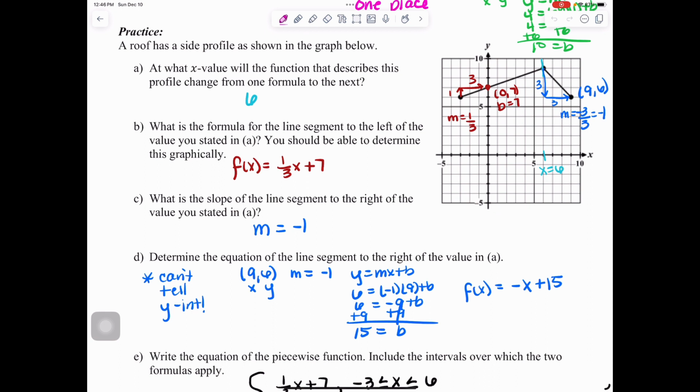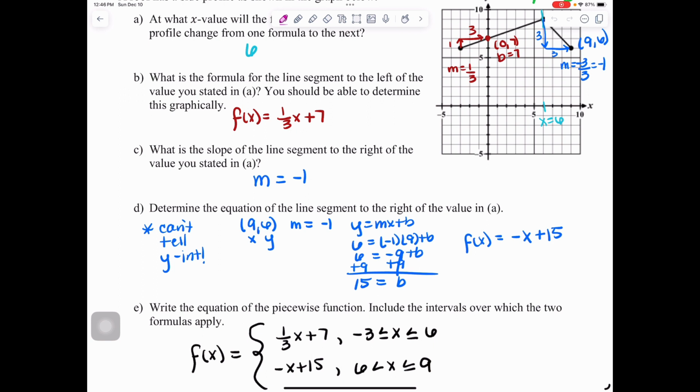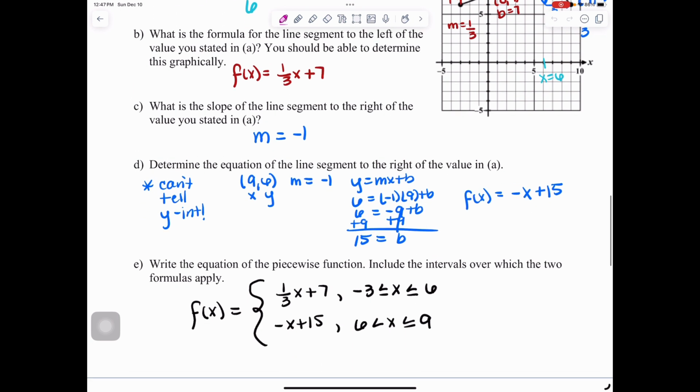So finally, I'm going to put those pieces together, including the correct domain intervals. So we know 6 is the splitting point. I don't see any arrows, so we have definitive marks of beginning and end. So the first portion is going from an x value of negative 3 to an x value of 6. And because this is a continuous graph, I know for sure negative 3 has to be counted because it's an endpoint and it's closed. But 6 you can choose to count either in the first portion or the second portion. I chose the first portion, so I did negative 3 is less than or equal to x is less than